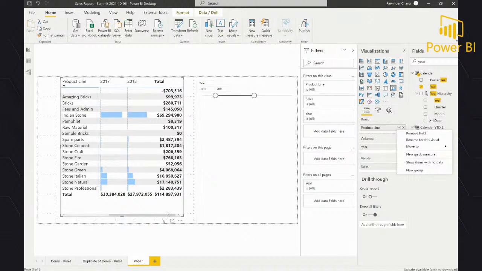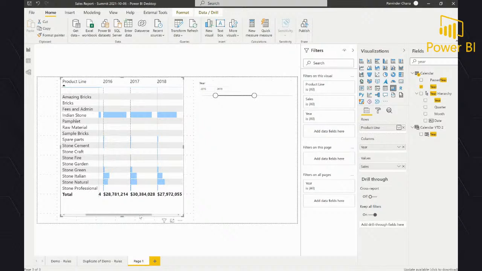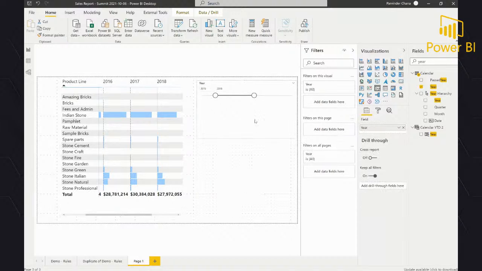So these are the very basic rules again: scale, and then you have rules where you tell what the upper and lower limit is, or whatever you can have in the rules. But the biggest topic I want to talk about is how you take advantage of creating a measure and then applying that in our visual. So here is an example.